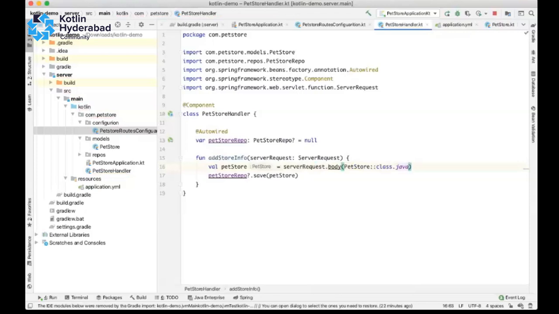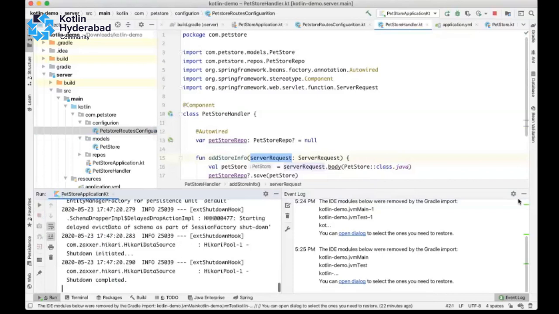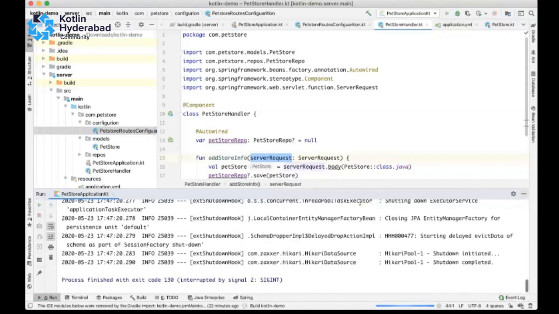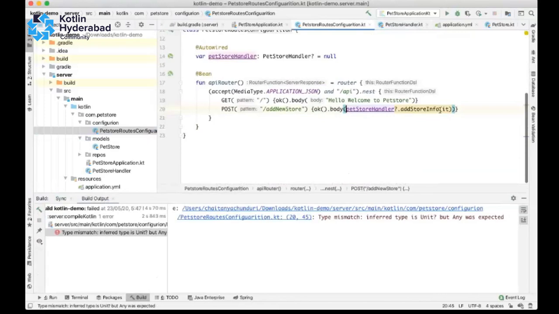So we actually will get the server request object. From that we can get the body of the post request. Let us rerun it and check in Postman. Oh, this is just a build error.